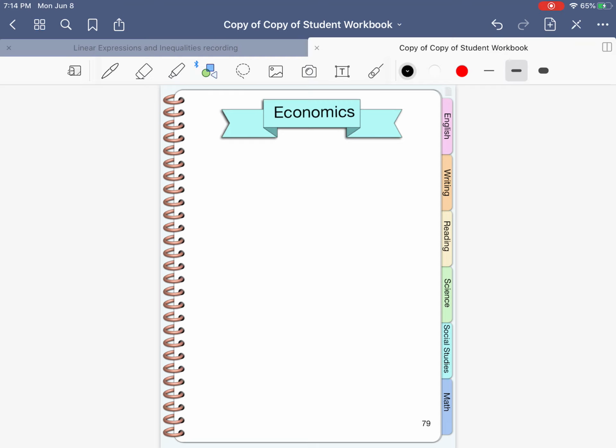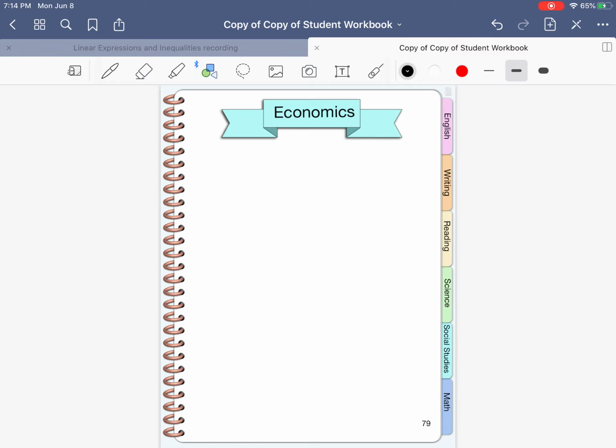And I decided to go with the chapter on economics because this one is mostly vocabulary, and that's something easier to do sort of on your own. So we're looking at page 79. You need those terms that I printed for you in blue, and I've shown you the video, or it's linked just before this video, on how to assemble those. So if you have those ready, don't glue them down yet because you're going to need them as we go through